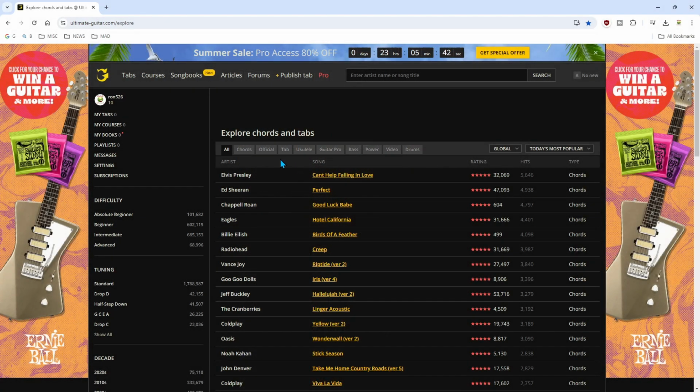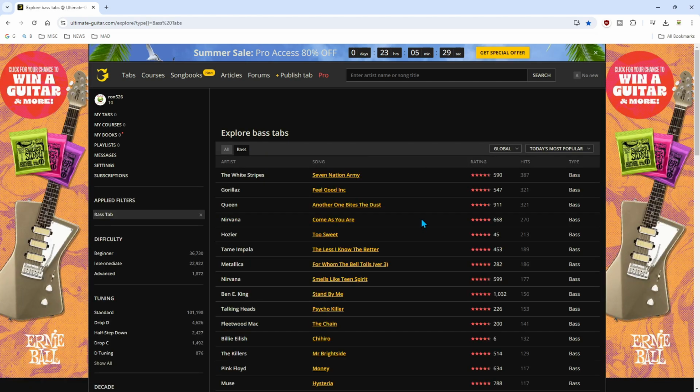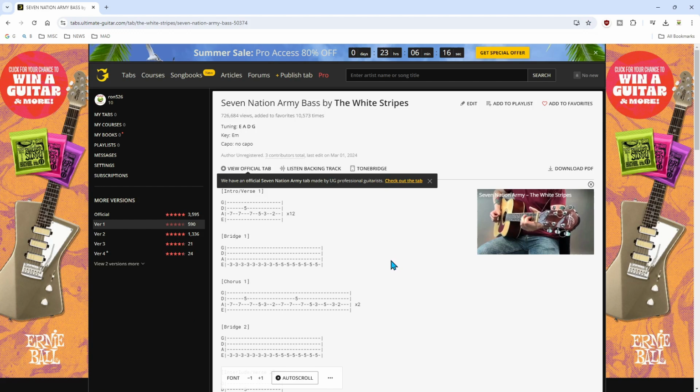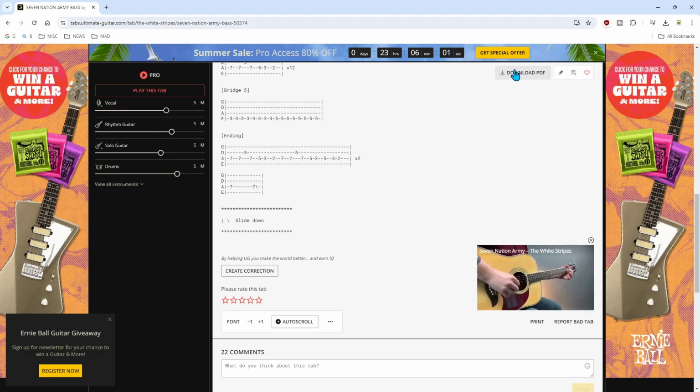Back to Ultimate Guitar. What I want to do is click on tabs. And if you use Guitar Pro, the tabs are here for that. This is Power tabs, just bass guitar. I'll click on just bass guitar and see if I'm going to write these out and do it manually. I'll click on this one, Seven Nation Army, and here are the tabs. These are available for free. Now to download this,